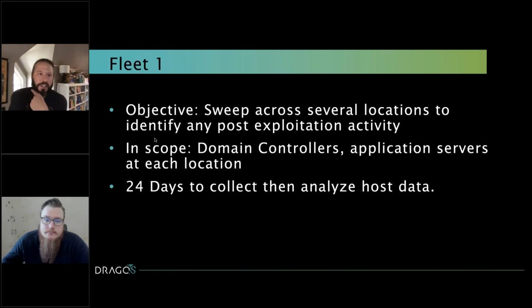So the first case study, and these are very high level, intentionally so, was really across the fleet. So props to the asset owner. They were able to identify with certainty that they did have SolarWinds in their environment. They looked to us to do a sweep across multiple facilities, approximately a dozen or so, to look for post-exploitation activity. Their challenge was that they did not have visibility into east-west traffic within their environment,